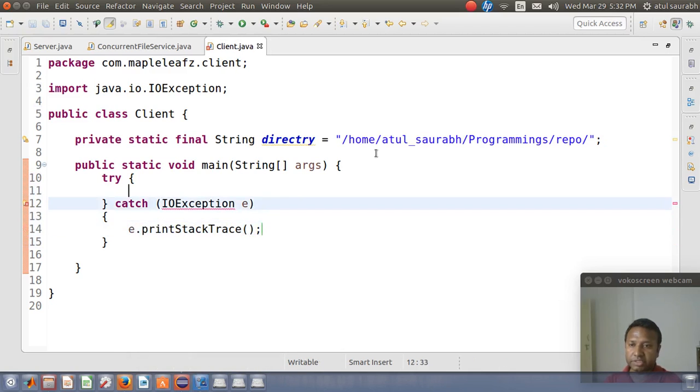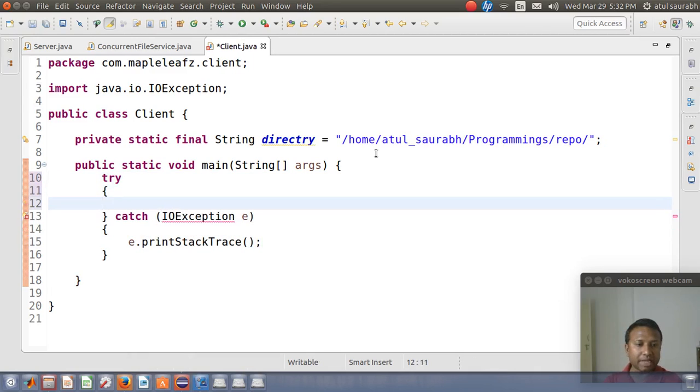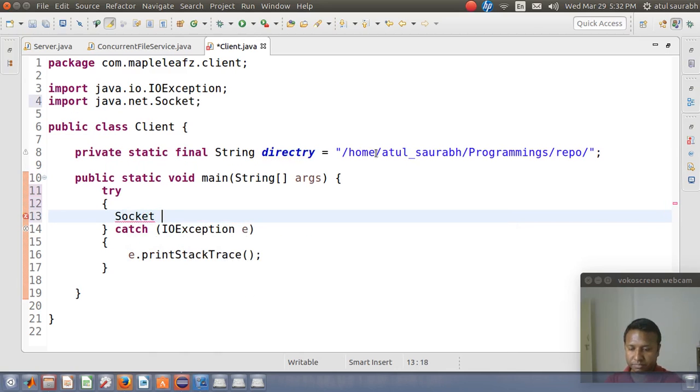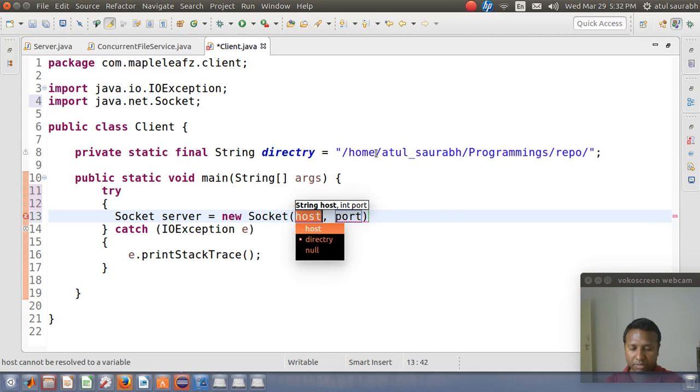The first step the client will do is to establish the connection. It will create the object of the socket and specify the host and port number. The host is localhost and the port number is 7777.